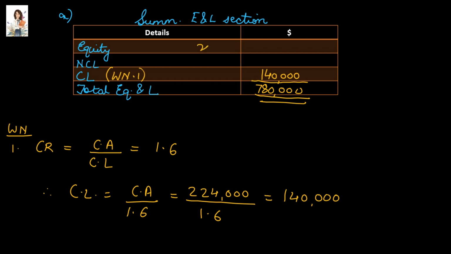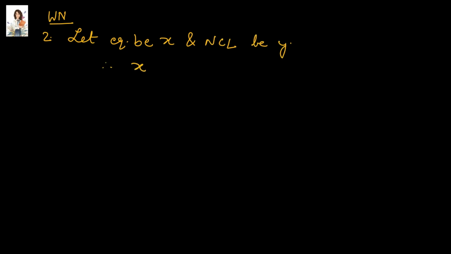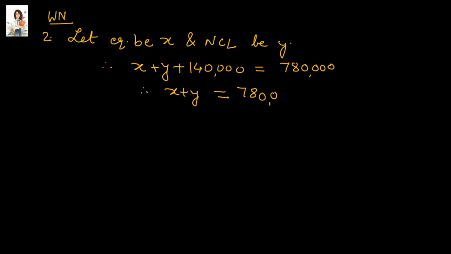Next, let equity be X and non-current liabilities be Y. Therefore, X plus Y plus 140,000 is equal to $780,000. Let's write this in equation form. So this is working note 2. Let equity be X and non-current liabilities be Y. Therefore, X plus Y plus $140,000 of current liabilities is equal to $780,000. Therefore, X plus Y is equal to $780,000 minus $140,000, that is